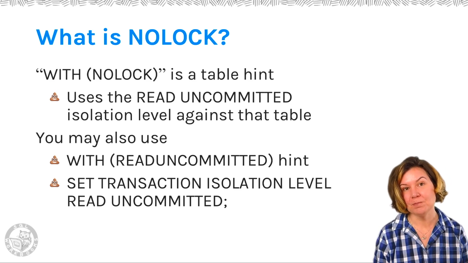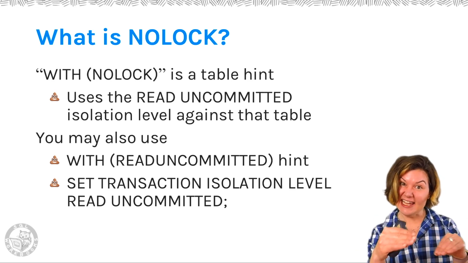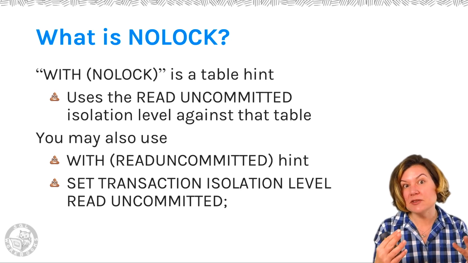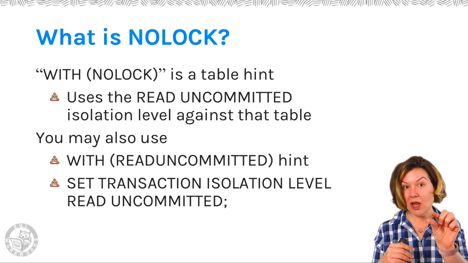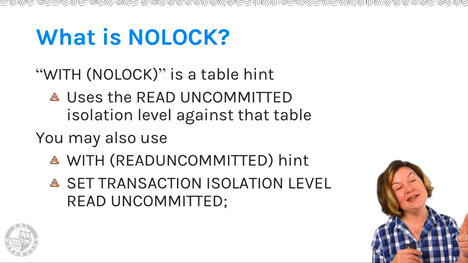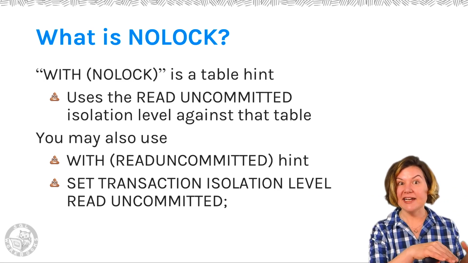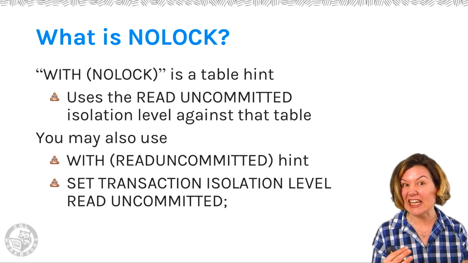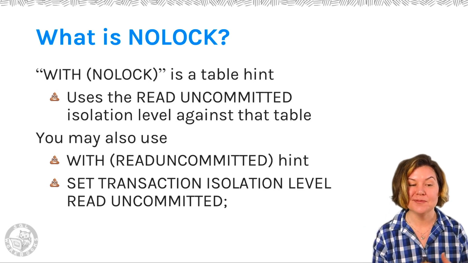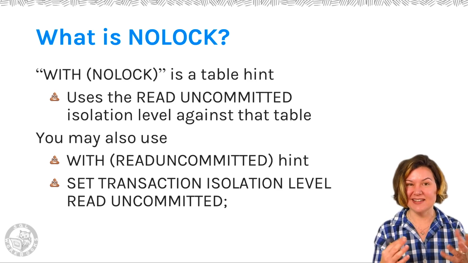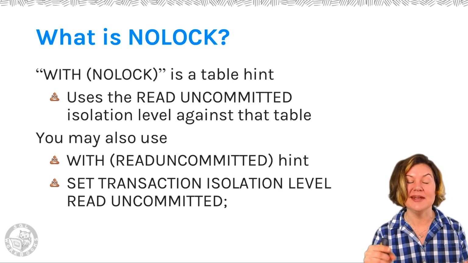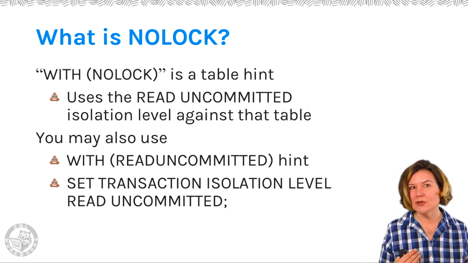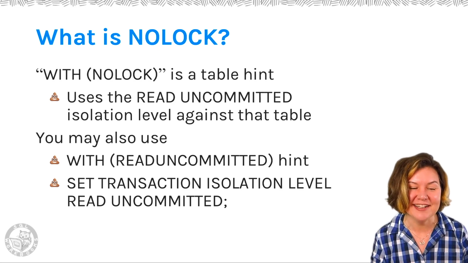in SQL Server. If you use with NoLock as a hint in your T-SQL, you specify it as a table hint. So if your query has multiple tables, you could actually use the NoLock hint to say, okay, I want read uncommitted against this table, but I'm not going to hint the other table. So you can specify it at a table level, what isolation level you want to use. There's also a table hint you can use that's the same thing called the read uncommitted hint. NoLock is much catchier and much easier to type, so people almost always use the NoLock variant of that.